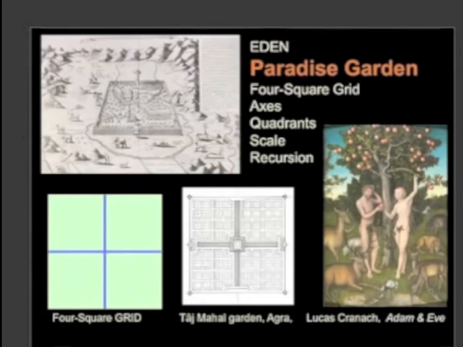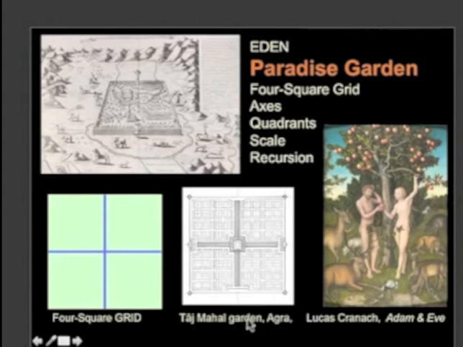So one more incredibly ancient thing, 2100 BC, not old enough. Let's go to Eden. Let's look at another organization, Garden of Eden. Paradise Garden, Garden of Eden. A way to think about the Paradise Garden is as a four-square grid. Biblical descriptions of the Garden of Eden talk about four rivers running out of a walled precinct.